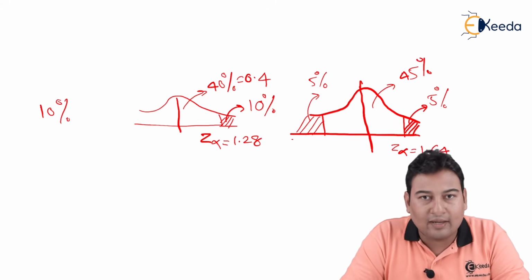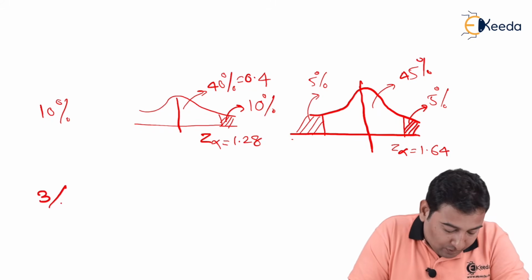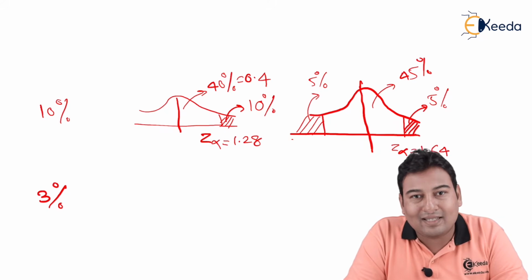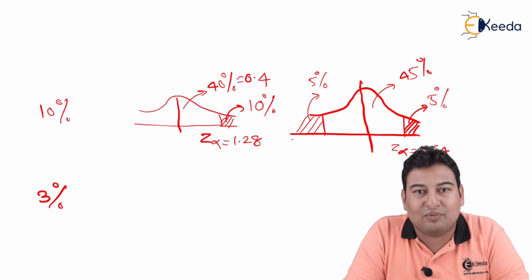Still, if you want to try, you can try with 3%. This LOS can be mentioned in the exam, or if it is not mentioned, you can assume it to be 3%, 5%, whichever you like. So this is the concept of tail tests. In the next videos, we'll see how we are going to solve problems based on tail tests and what the different steps involved in it are.